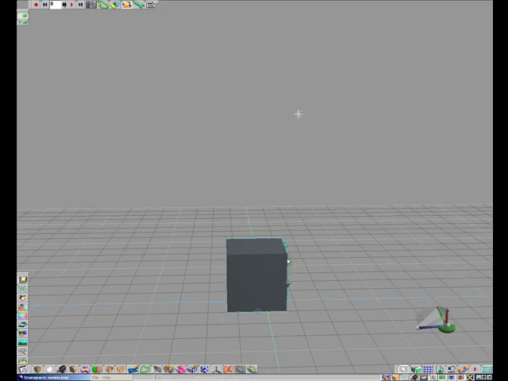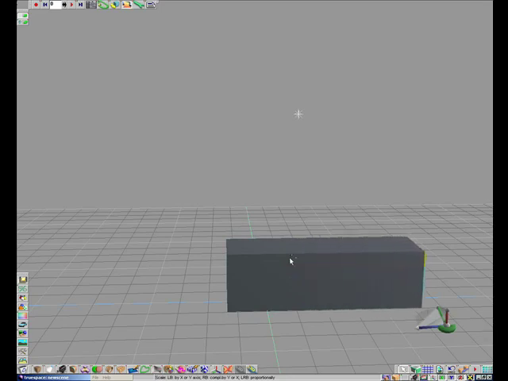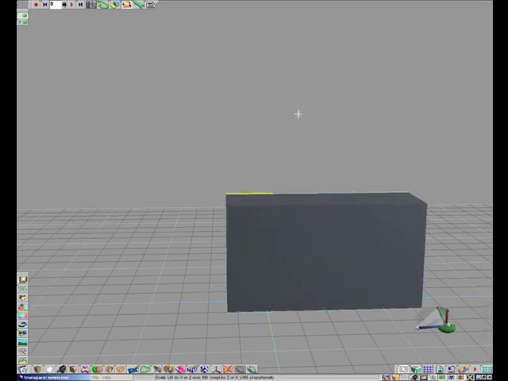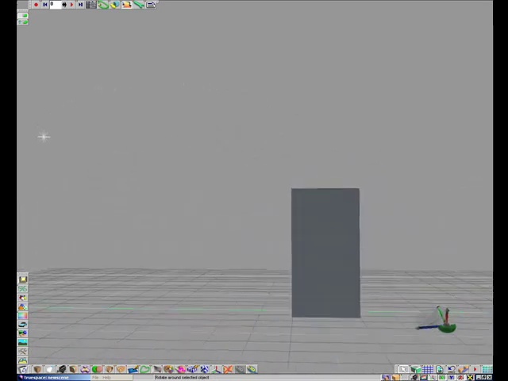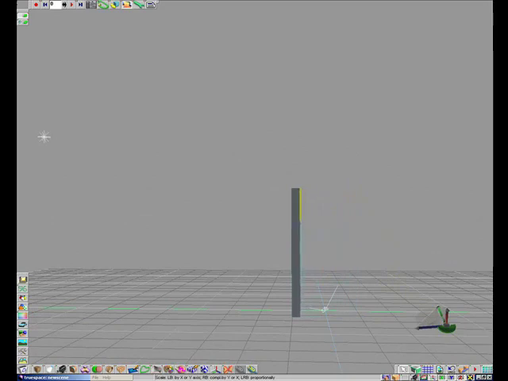If I rest my cursor on one of those yellow handles and hold my left mouse button down and move my mouse to the right, I'll change the shape of this object. See there? I just changed the shape of it. If I do the same thing with another handle, I'll change the shape even more. And if I use my widget and move around to one side or the other of the object, I could take a handle and actually thin my object down on the ends,